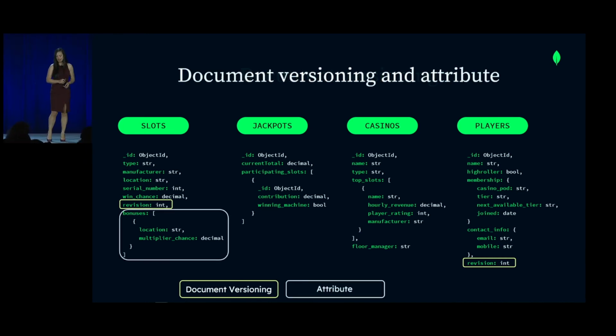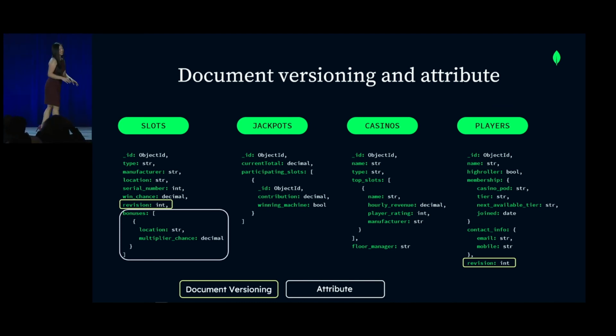We have the attribute pattern also in place here. So for the slot machines, we usually want to look at them via the different type of bonus structures that are applied. When they categorize the slot machines at most of these casinos, they all fall within that same range. And specifically on the casino floor, there are different win chance rates and different bonuses depending on where the slot machine is located. So if you've ever noticed the slot machines that are closest to the exits, those usually have a very low bonus structure.